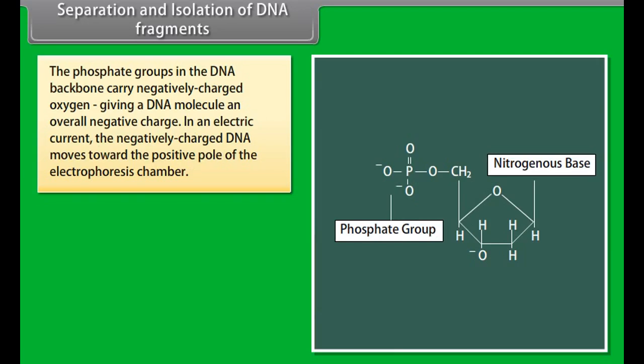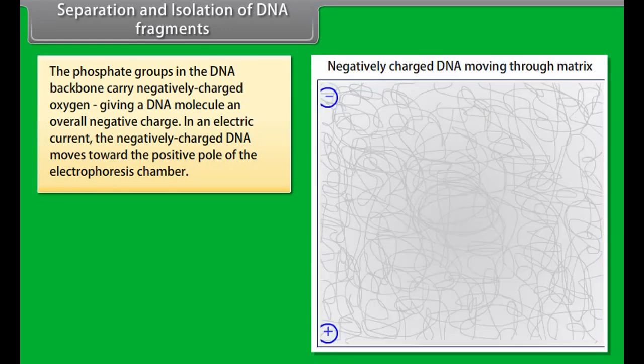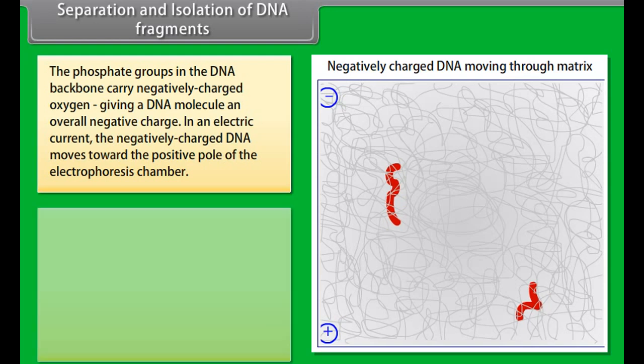The phosphate groups in the DNA backbone carry negatively charged oxygen, giving a DNA molecule an overall negative charge. In an electric current, the negatively charged DNA moves towards the positive pole of the electrophoresis chamber. The DNA